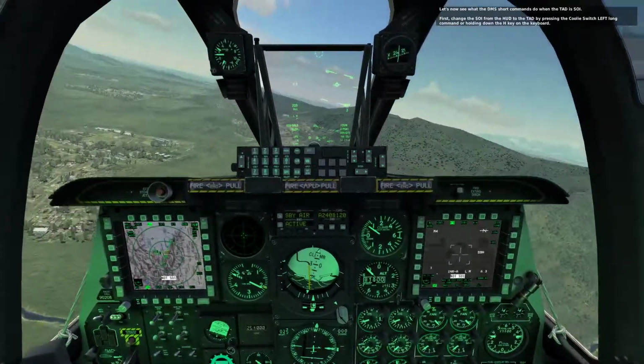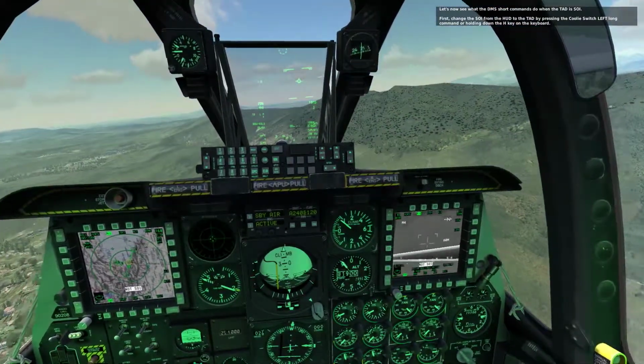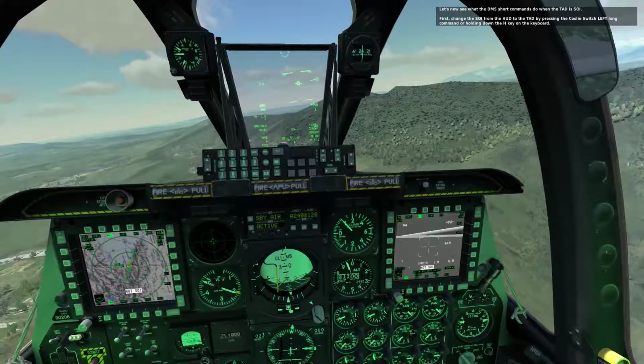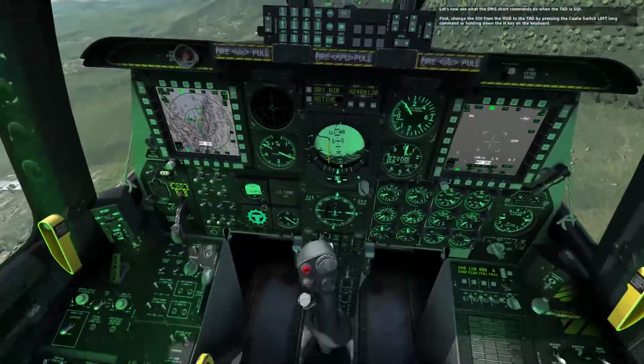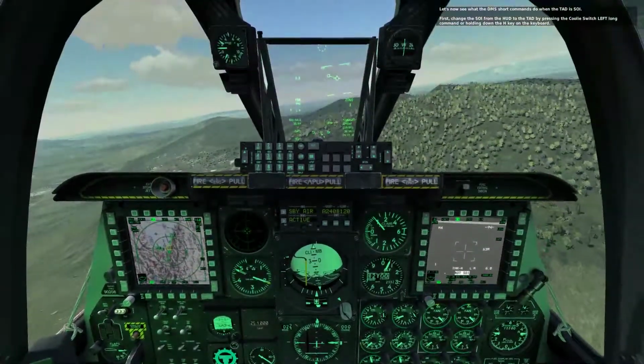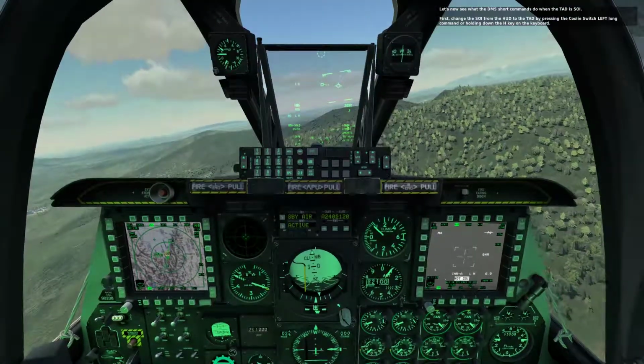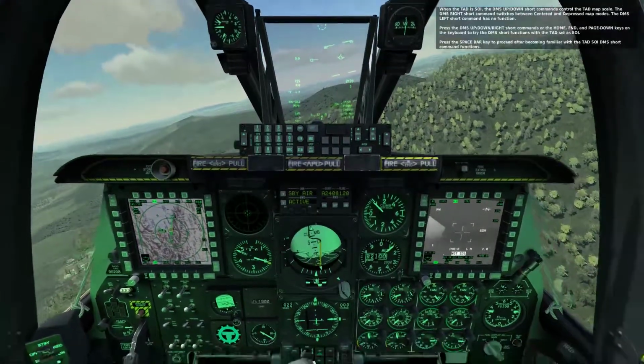Let's now see what the DMS short commands do when the TAD is SOI. First, change the SOI from the HUD to the TAD by pressing the coolie switch left long command or holding down the H key on the keyboard. When the TAD is SOI,